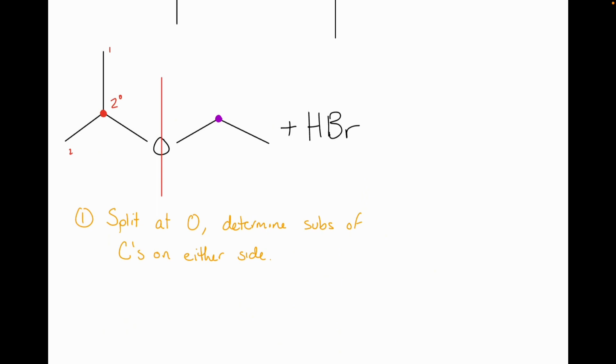What's that purple carbon? Primary, right? It's just got this 1 carbon neighbor over here. So we split it at the oxygen and determined the degree of substitution on the carbon on either side. And now our more reactive carbon